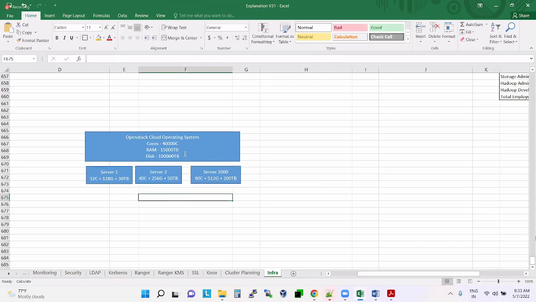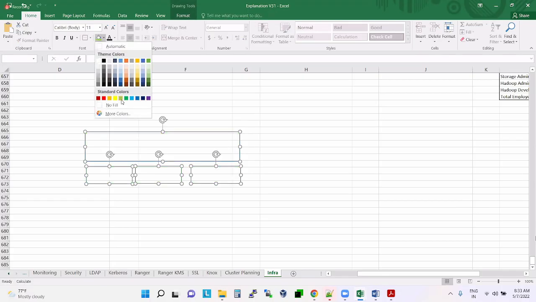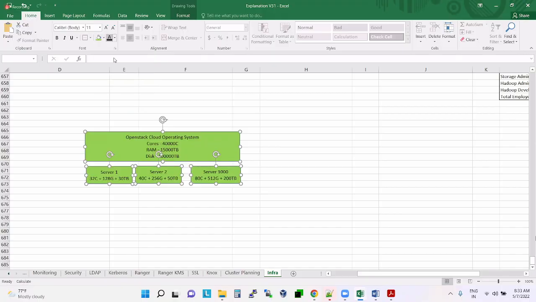Now you have everything in one place. This is not static now. Everything is in one place, and on top of this, they are installing Hadoop.